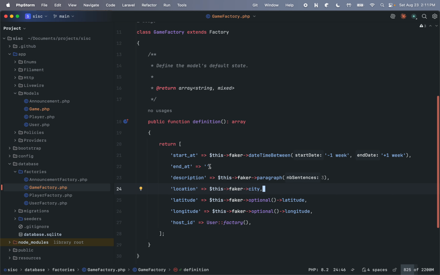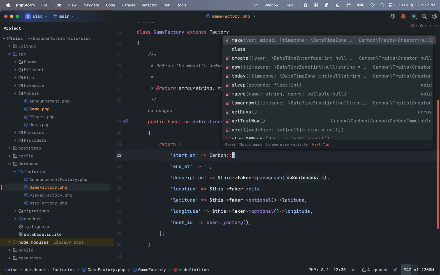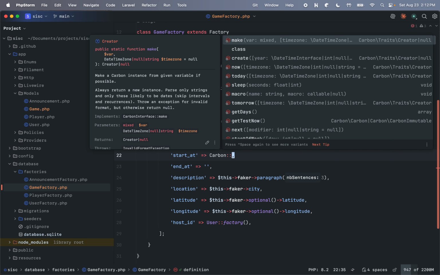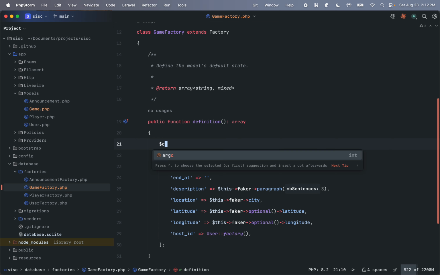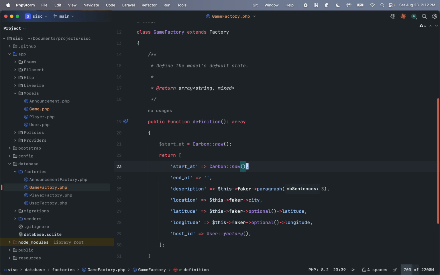All right, so now the only thing that's remaining is the end at. The reason why I left this empty is because in the seeder, we might as well be very thorough with the start and end date. Actually, we can do something like this. We can do carbon now, and actually save this here. So start at is going to be